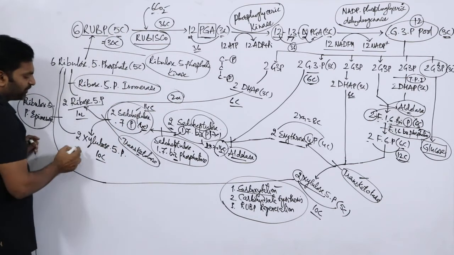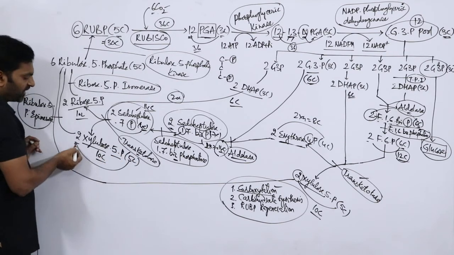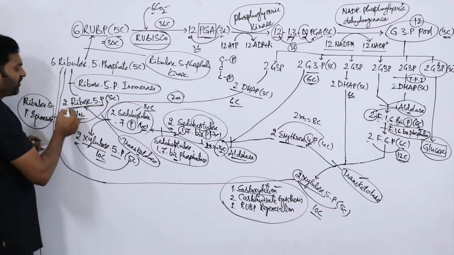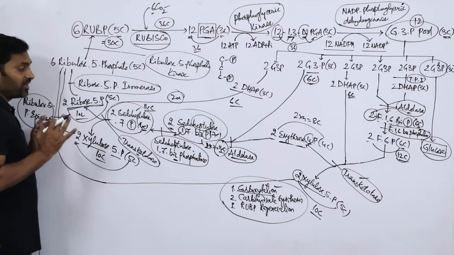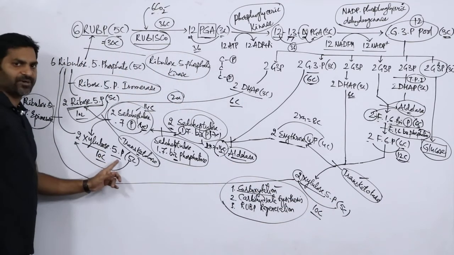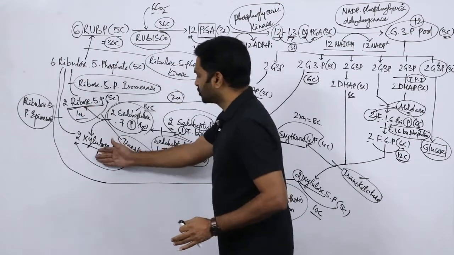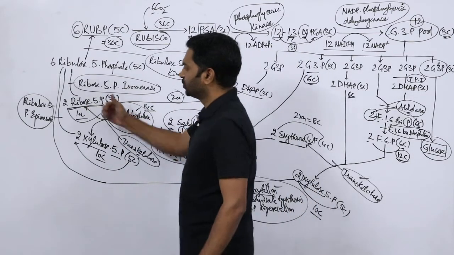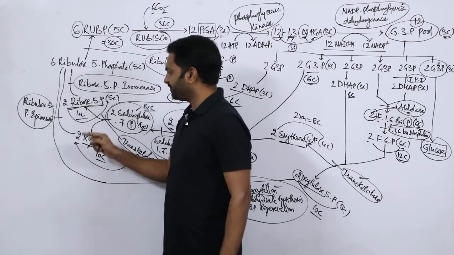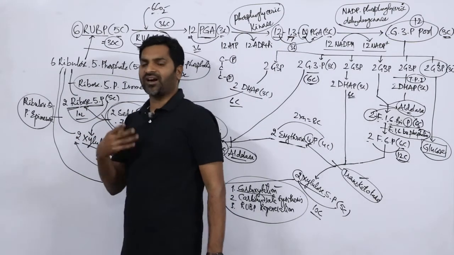Now, see, 2 molecules of xylulose 5-phosphate, it is basically a 5 carbon compound. So 5 into 2 is equal to 10. Then ribose 5-phosphate, it is also a 5 carbon compound. 5 into 2, 10 carbons. Now we have 2 molecules of xylulose 5-phosphate here, 2 molecules of xylulose 5-phosphate here, and 2 molecules of ribose 5-phosphate here. So 2 plus 2 plus 2. Every molecule contains 5 carbons. So 2 into 5, 10, 2 into 5, 10, and 2 into 5, 10. So 10 plus 10 plus 10, 30 carbons.